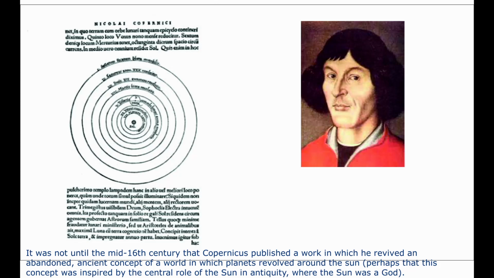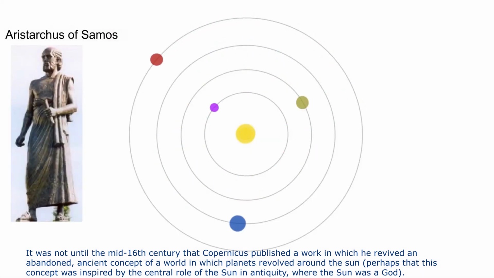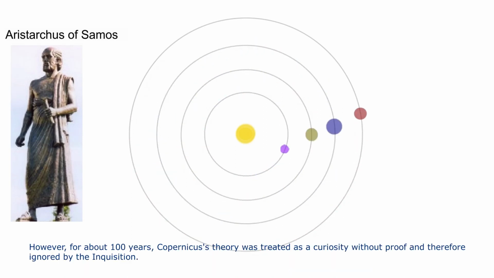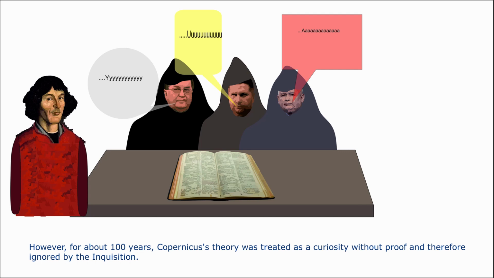It was not until the mid-16th century that Copernicus published a work in which he revived an abandoned ancient concept of a world in which planets revolved around the Sun. Perhaps this concept was inspired by the central role of the Sun in antiquity, where the Sun was a god. However, for about 100 years, Copernicus's theory was treated as a curiosity without proof, and therefore ignored by the